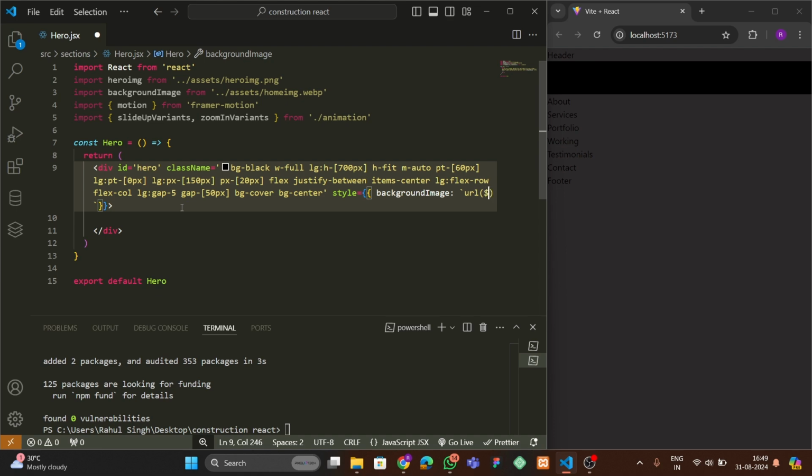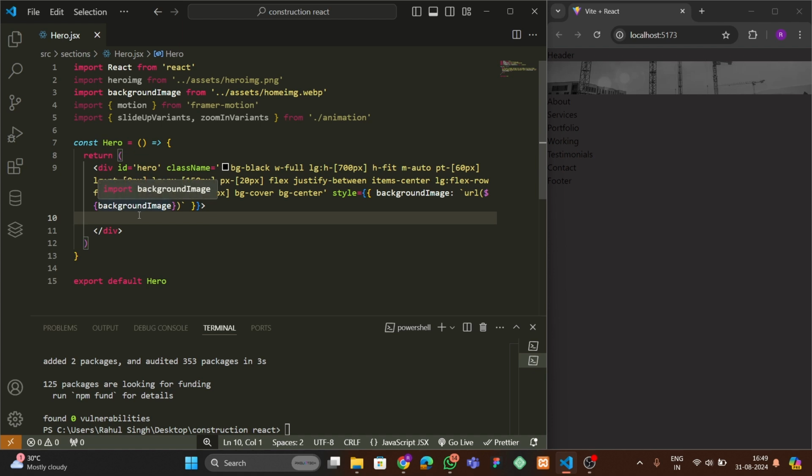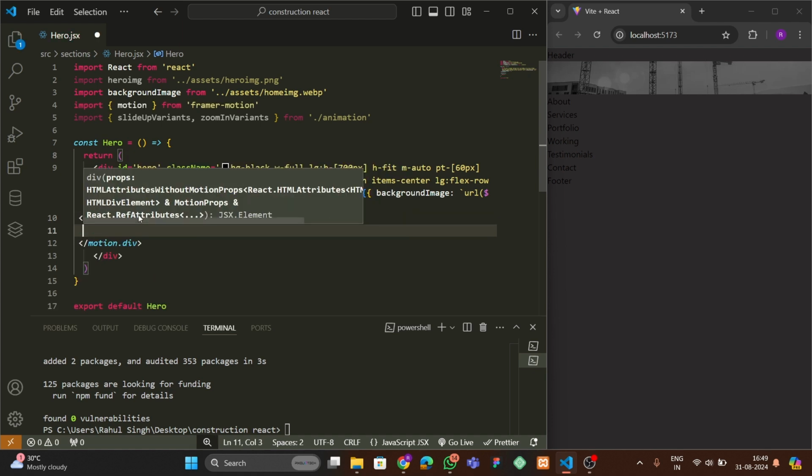Okay, so here we have to just enter the name. You can see that I have this name here. This is just a syntax problem. Then after that we have to go inside this, and here we have to enter motion.div like this,